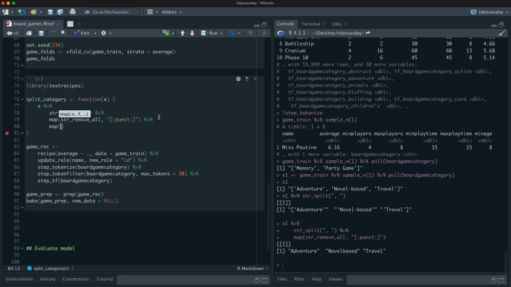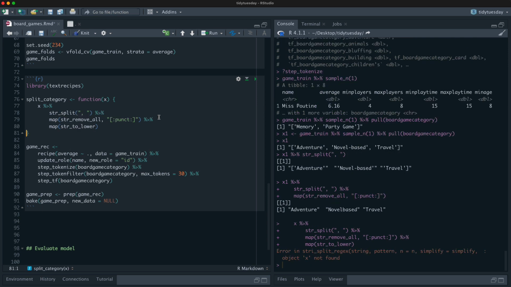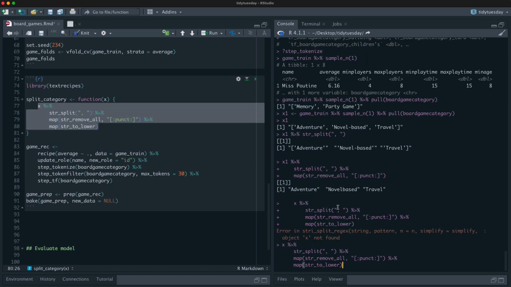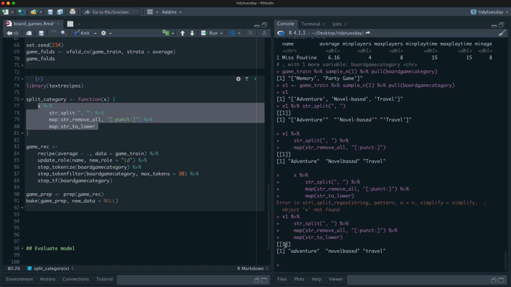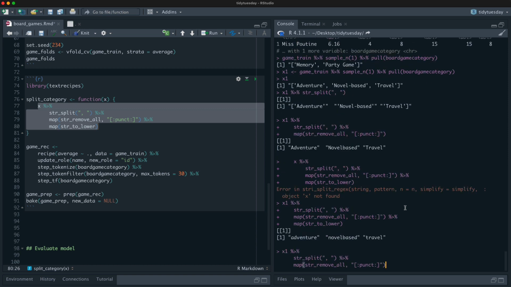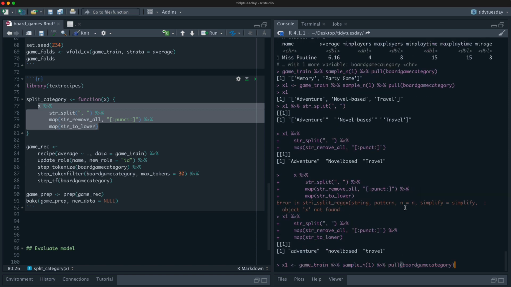Anything else? Let us make it go to lowercase. Whoops, right, there's no X. X1 is what I have. Like that. Yep, I like that. And that seems pretty good. Let me just make one more example to see if